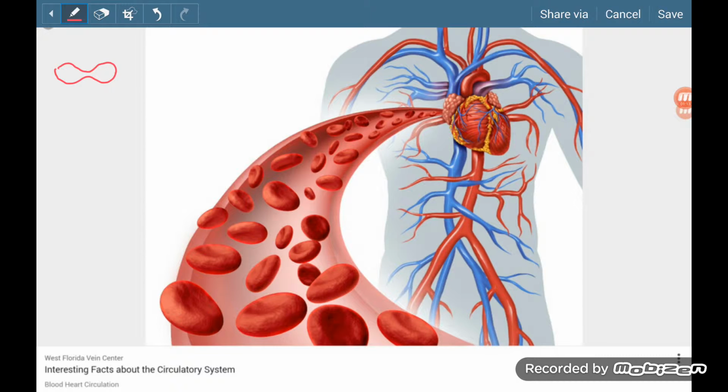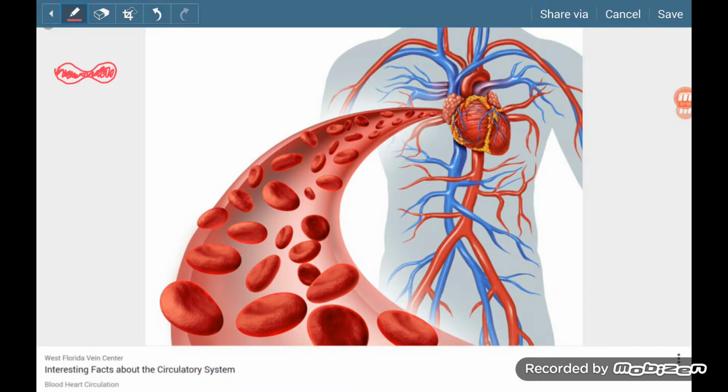A couple of other adaptations we should mention about red blood cells is that there's no nucleus in them, because the red blood cells are filled with a substance called hemoglobin. And hemoglobin is the substance which binds oxygen. It's got iron in, which is why we need iron in our diet. And there's no nucleus in a red blood cell because it means that you can pack the red blood cell full of hemoglobin and it will therefore be able to carry more oxygen. So its shape gives a larger surface area, it's got hemoglobin, and it's got no nucleus, so more hemoglobin can fit in. So these are the workhorses of the